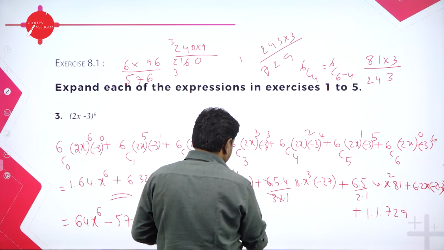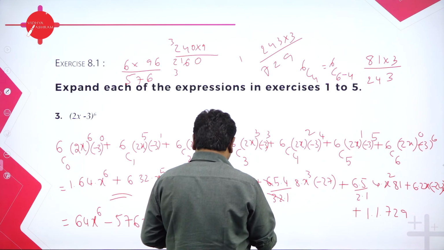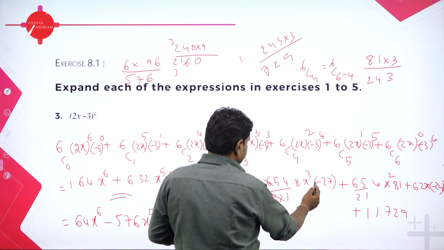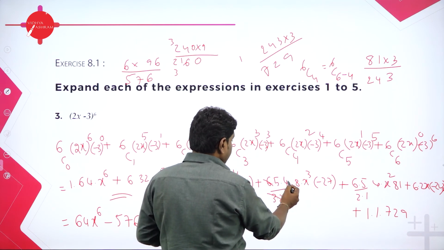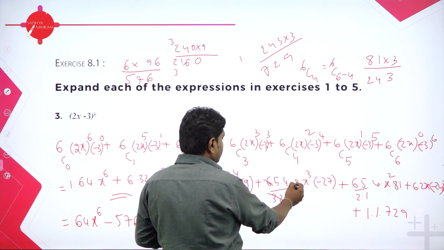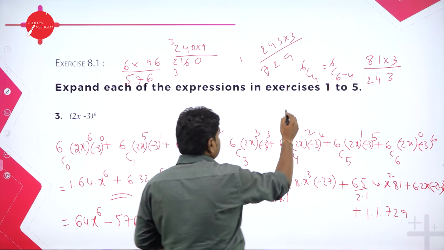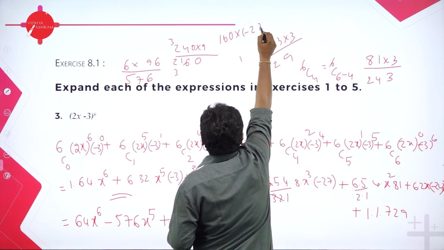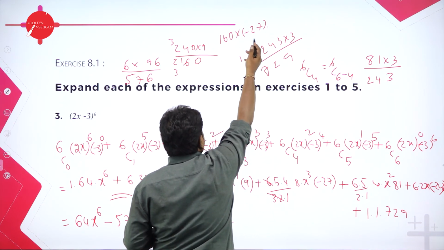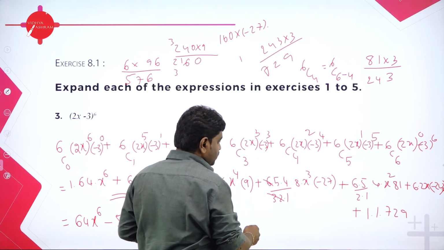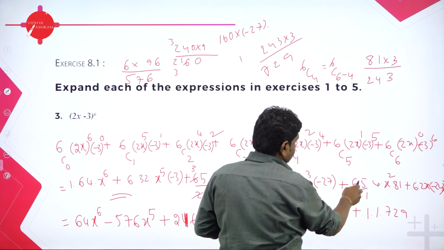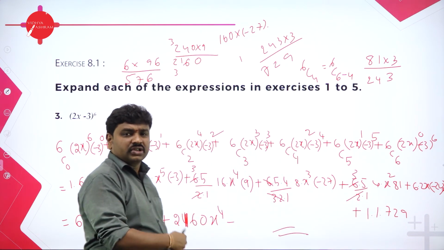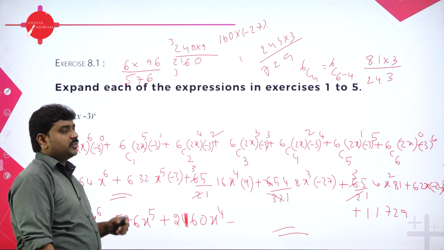Now okay, further if you simplify, 2160, then x power 4, then 6 6 cancels, so plus into minus is minus, 5 4s are 20, 20 into 8, 160, 160 into minus 27. So multiply this and write its value. 2 1s are 2, 3 5s are 15. So like that you can go on multiplying further, use calculators and simplify, and binomial expansion.